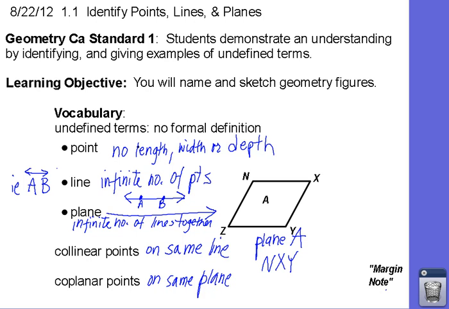Vocabulary words here: point, line, and plane. A point has no length, width, or depth. So it's infinitesimally small, and often we'll draw something like that and label it like point A or B, or give it a name, but it's infinitesimally small. We drew a dot here indicating it's right there, but theoretically it has no thickness, width, or length to it